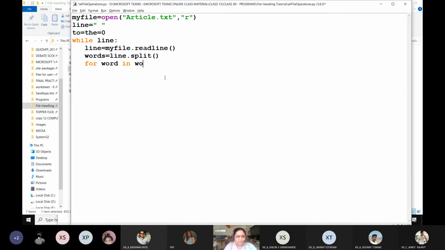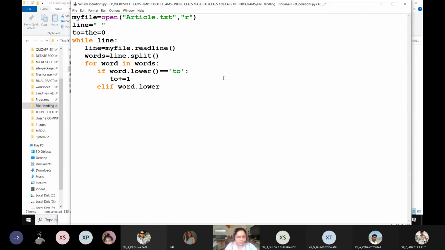For word in words, just note the difference: one is singular, the other one is plural, so two different variables. I'm simply writing if word.lower(), converting it into lowercase, is equal to 'to', then to plus equals 1.